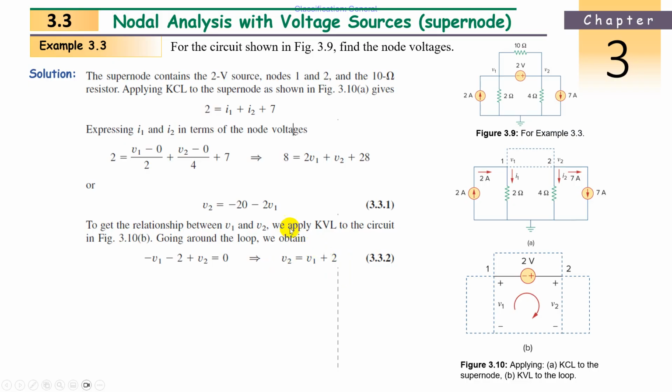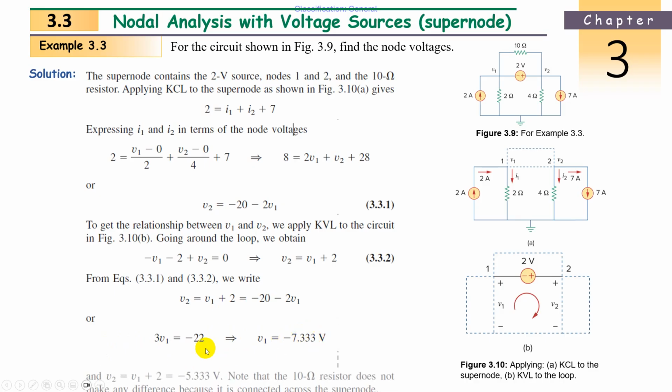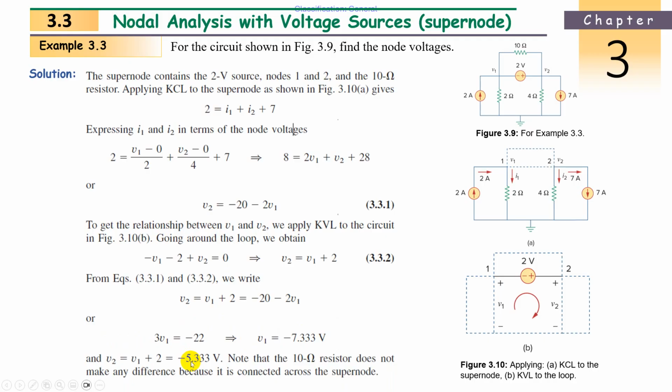Now we got one equation here, we got another equation here. So two unknowns, two equations. Can we solve the problem? Yes. With these two equations, 3.31 and 3.32, we can solve. V2 is equal to V1 plus 2 is equal to minus 20 minus 2V1. Now substitute, we will get V1 as minus 7.33 volts and V2 substitute there, then we will get minus